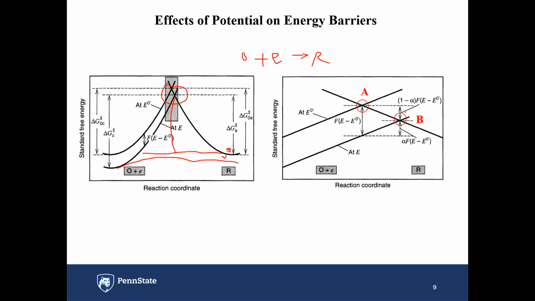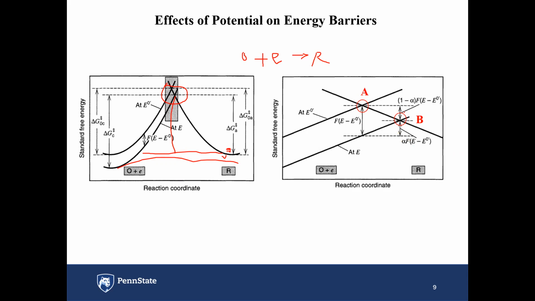We have two shares. One share is (1 minus alpha)F. One share is alphaF. And we will discuss more details on why it's divided like this. But from the mathematics, we can see that the difference between this side and this side is the total change, right? But the difference between B and A is (1 minus alpha)F. And the difference between B and the lowest point is alphaF, right? So that means